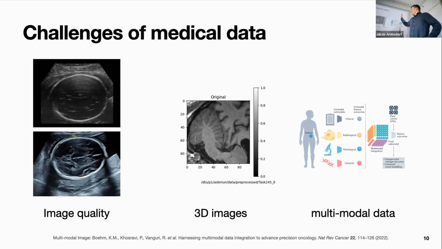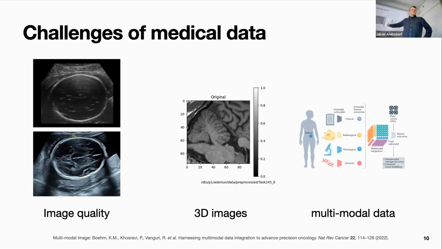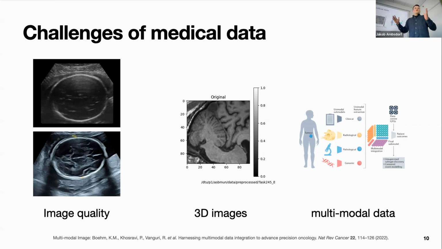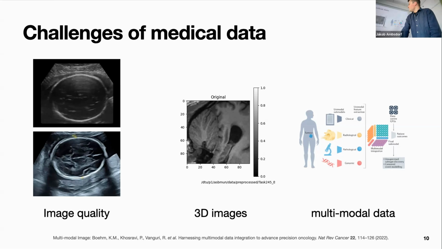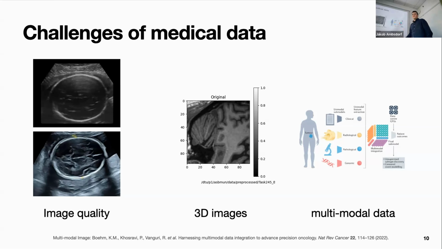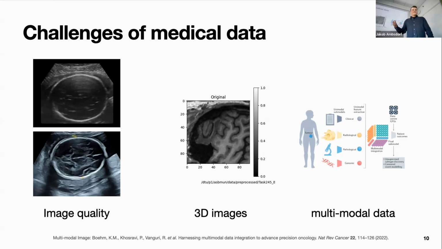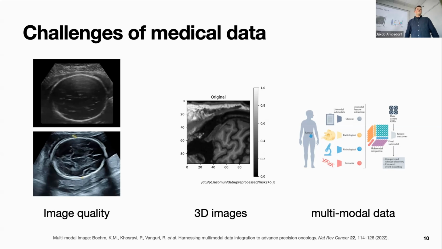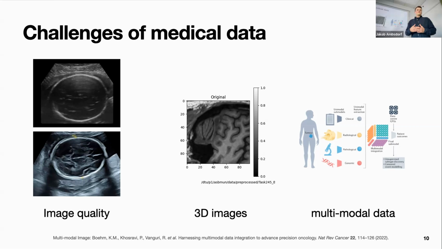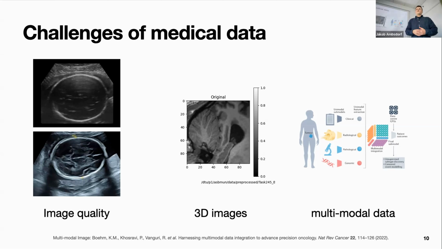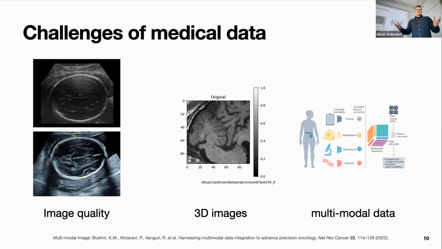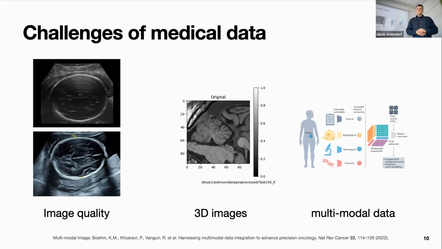And then you also have things like 3D images in MRI, for example. So here all of a sudden you don't have an image, you have a volume, and the memory footprint is completely different. And then lastly, you also might have multimodal data. We just talked about tabular data before. You may have some patient information. You may have different images, ultrasound and MR. And then maybe you have some lab results, and then also just some doctor notes that are completely free-form text. And these also sometimes need to go together.